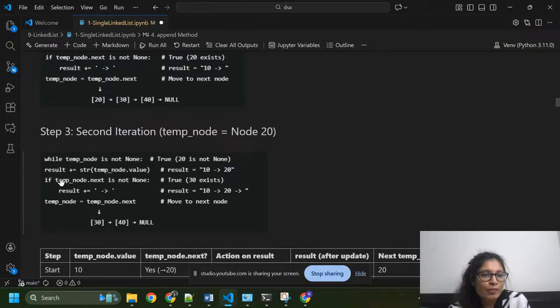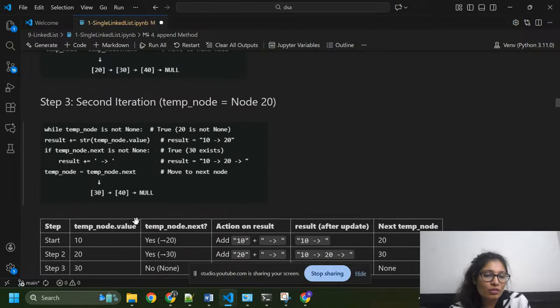Now if temp dot next, so we have 30. Now temp dot next equals to 30. So this condition is true because 30 exists and temp node dot next is not none. So here I'm going to add an arrow. So after 10 arrow 20, I need to add the arrow here, and temp node equals to temp node dot next. So 30 will become temp node.